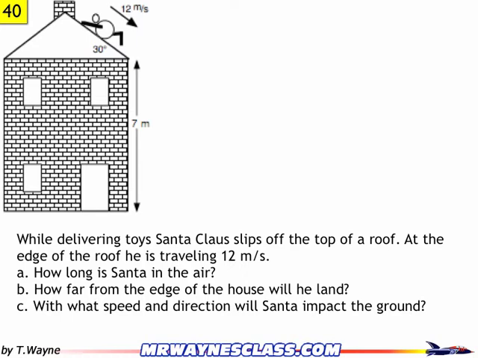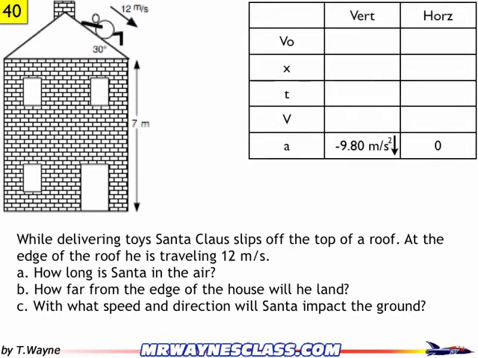Questions are, how long is Santa in the air? How far from the edge of the house will he land? And at what speed and direction will Santa impact the ground? So here's our basic table of how we start. I've got our v naught, v, t, v, a, x, and I've got my vertical list of givens and my horizontal list of